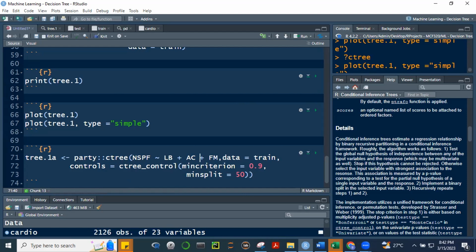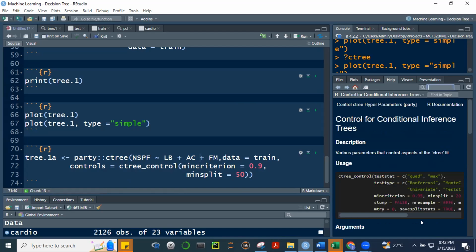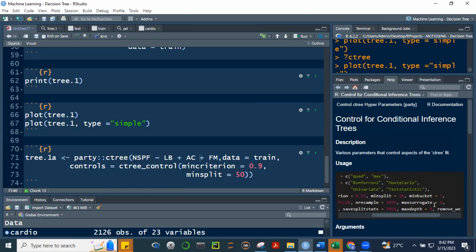Minimum criterion. So may mga iba pang class yung C control, no? There are others. Yan. May test type pa nga, no? Yan, ginawa natin minimum criterion, minimum split. Okay. May buckets pa nga, minimum bucket. Okay, ibig sabihin, hindi pa pwede magkaroon ng model na less than 7 yung buckets, yung terminal nodes. Alright? So there are several functionalities there. Let's just focus on this simple one.